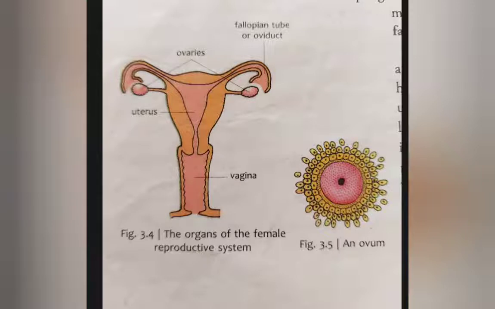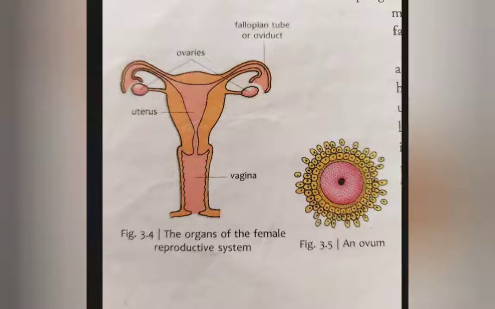Okay, so the components of the female reproductive system are a pair of ovaries. As you can see, a pair of ovaries on each side of the uterus. It is marked here. The fallopian tubes, these are the fallopian tubes, and the uterus. So this is the uterus. So what are the main components of the female reproductive system? A pair of ovaries, the fallopian tubes, which are also known as oviducts, and the uterus. Okay, now we will discuss each part in detail.